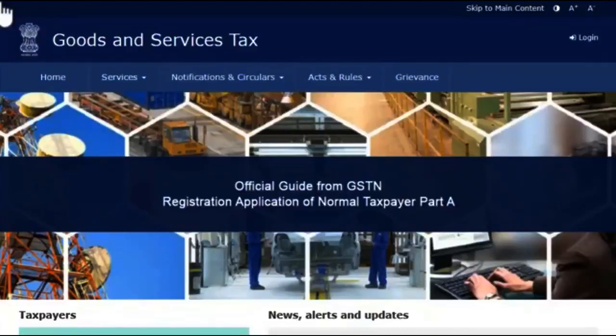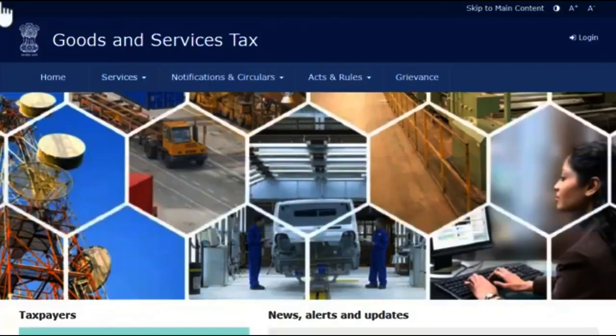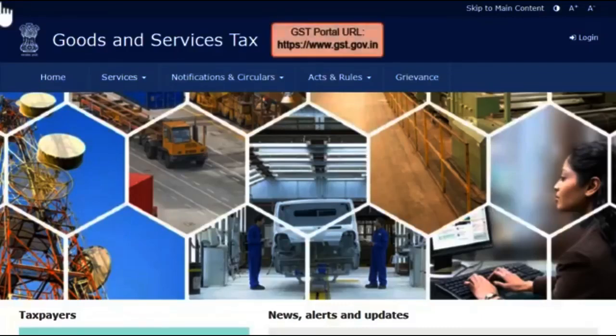Registering with GST is a simple two-stage process consisting of Part A and Part B of the registration application. This video will introduce you to Part A of the registration application. To begin, access the GST website